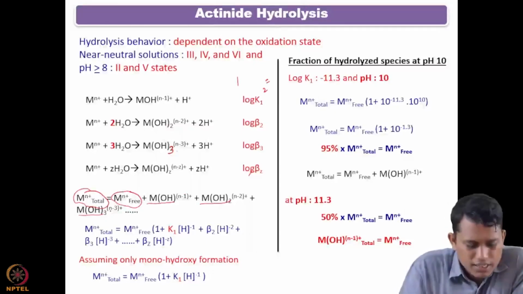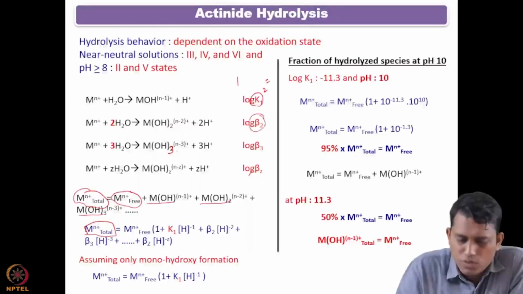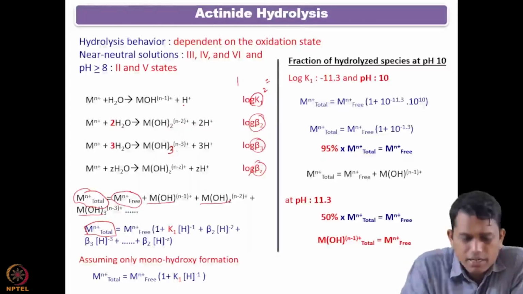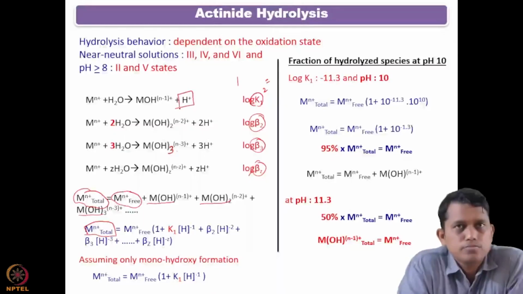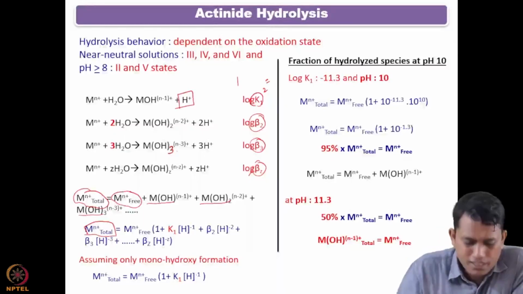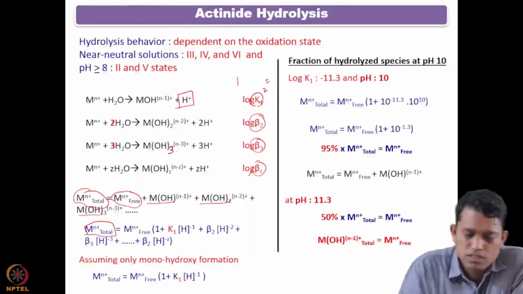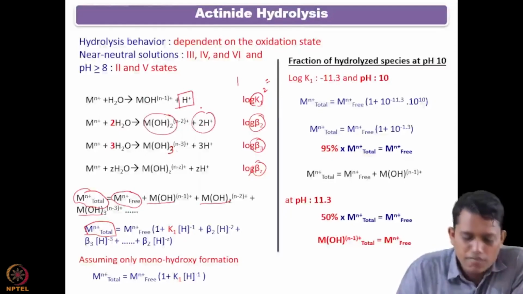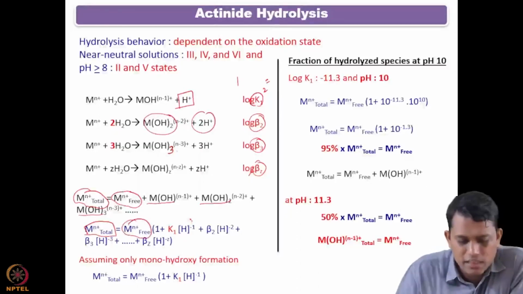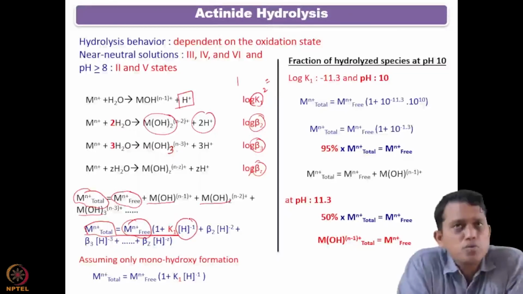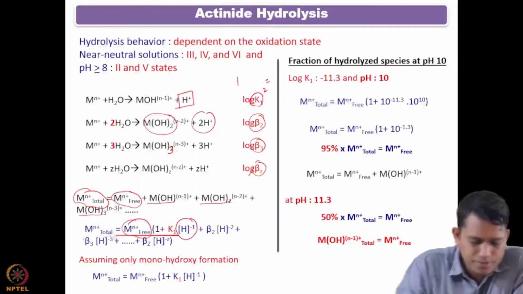Suppose you can write this total M in terms of these K values, beta values, and protons. So what I have done is take the relation between K1, beta 2, and obviously between this quantity given by K1 and this quantity by beta 1. And I have tried to write all those terms in terms of the free metal ion and the proton concentration. So if we are able to write it in this manner, we get a linear equation, or